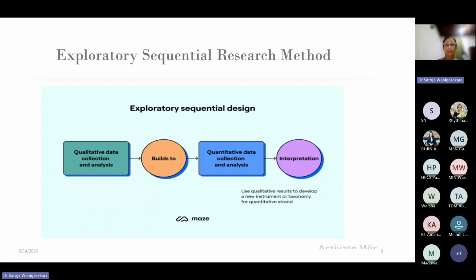So this is the exploratory sequential research method. We explore something. So here we do qualitative research first and we take a time lag and then we do the quantitative data collection and then we do interpretation, right? I will come to the,